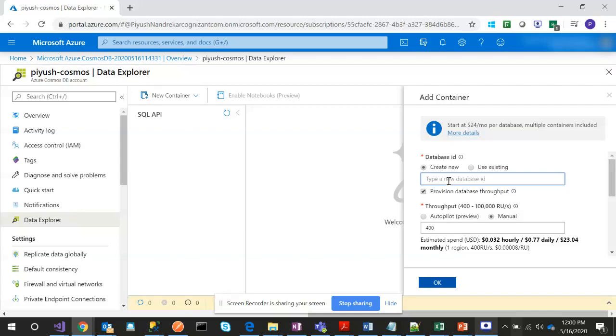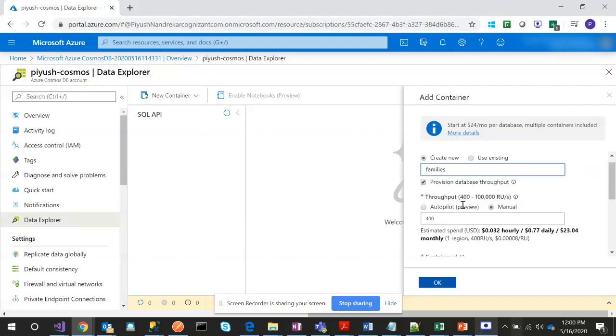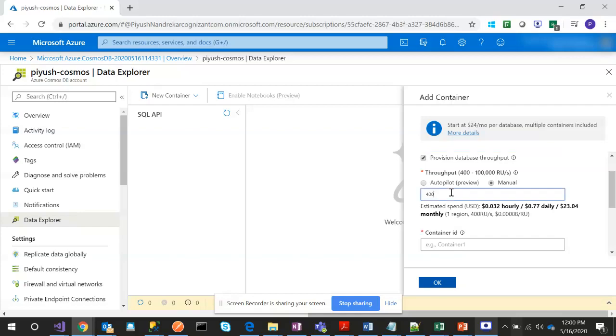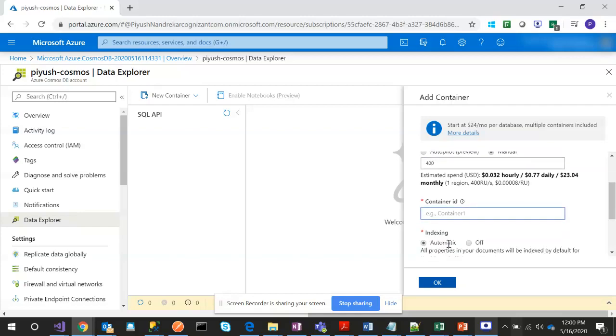So we are creating a database to store documents or data of all the families in India. I'm creating a database named families.